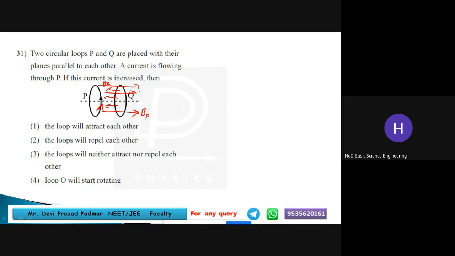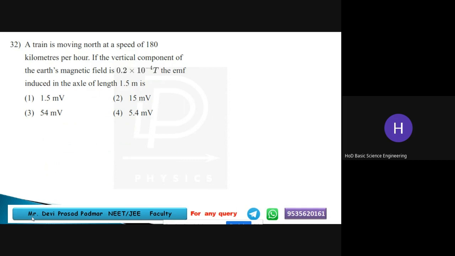So BP is produced due to clockwise current, right? If you consider this as anti-clockwise current, then to oppose that, in Q the current must be in the opposite direction. Anyhow, if you consider the direction of current in P and Q, they are in opposite directions. That means if currents are in opposite direction, what about the nature of force? They must repel each other, right? If you have two conductors carrying current in opposite direction, they must repel each other.